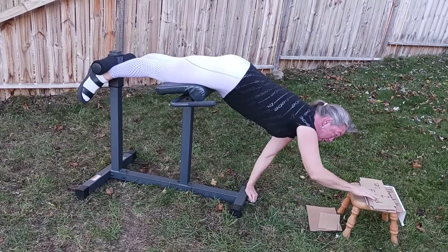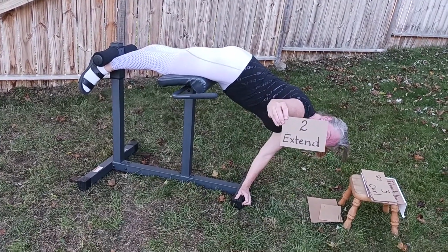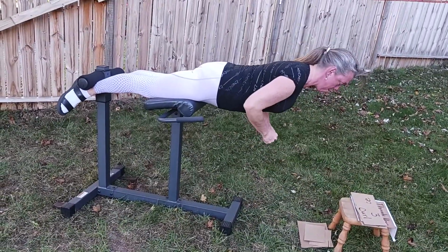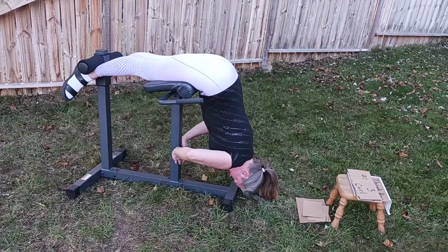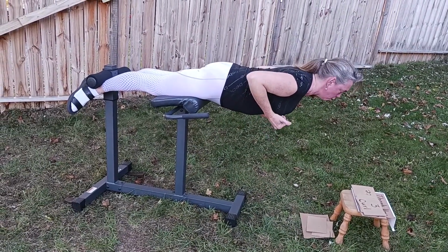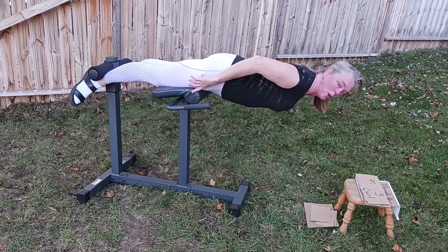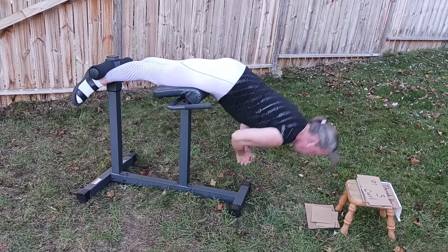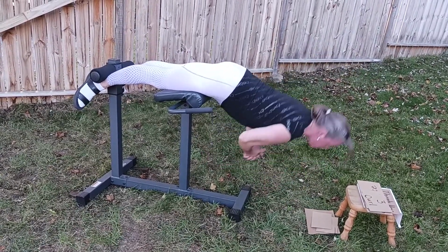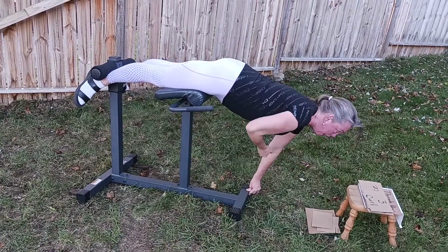Okay, once you've had a little bit of time doing that, the next thing we're going to do is extend. That's number 2, extend. So it looks like this. You can do extensions where you hold yourself in position like this. Maybe you can do it for 30 seconds, maybe you can do it for 60 seconds. You might want to work up to a longer time. You want your body to be really prone and straight. You can also do more rapid reps like this. I do about 30 a day of those to keep my spine strong and keep my back from being in